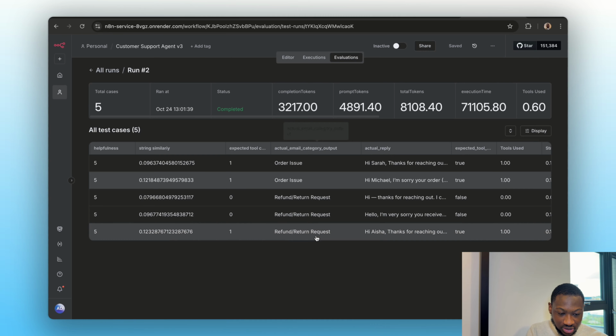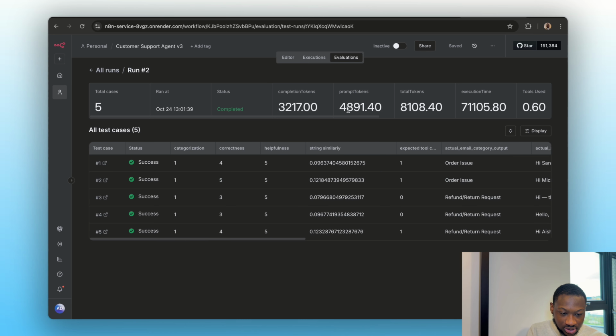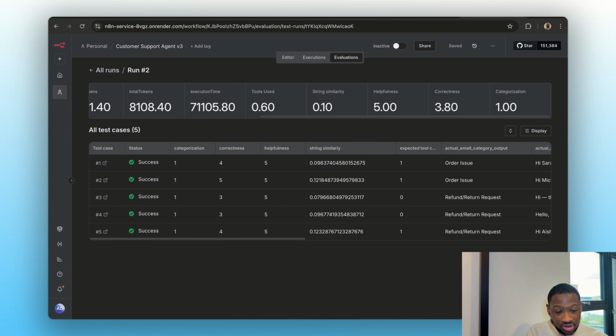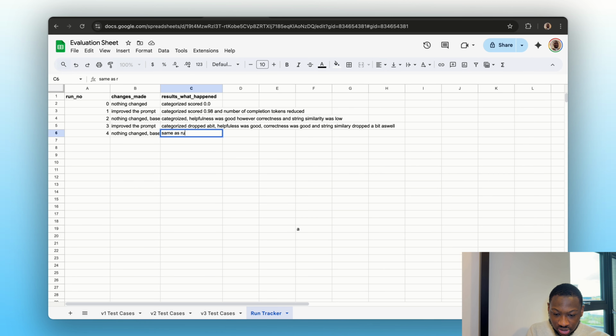Let's check out the metrics actually. So you can see here string similarity, helpfulness, correctness, 1, so correctness dropped. Same as the run in 3, but